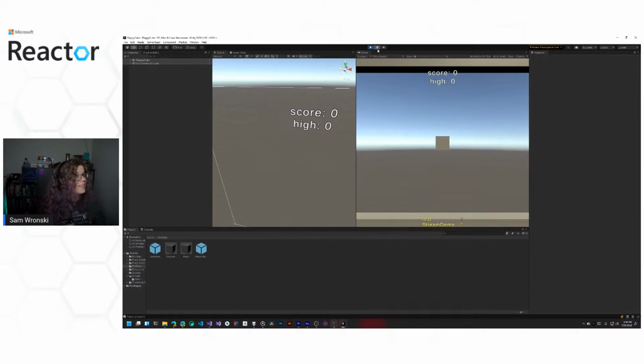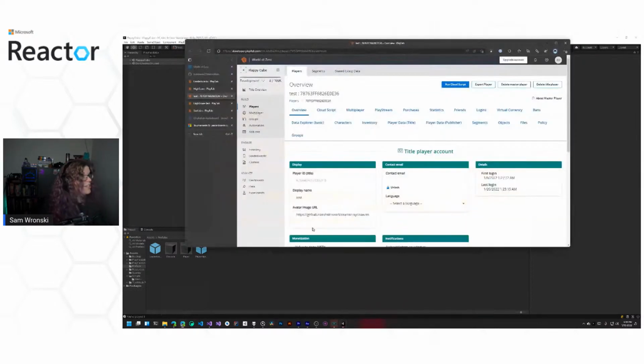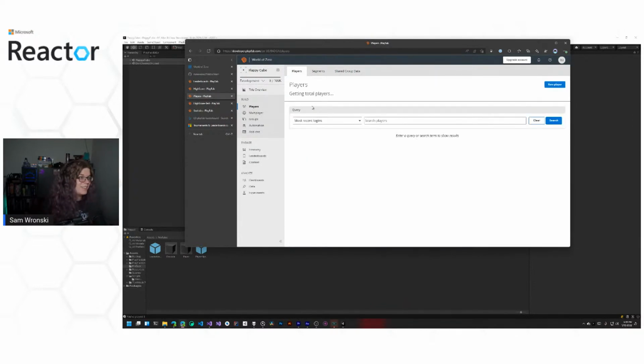So let's actually get a high score. So something useful. Perfect. We also had 0 there, but then I lost. So there we go. We have a high score of 1, which is not great, but it is a score. So we can actually go and check this player. What did I even call them? This is the problem with just creating a bunch of random users like this. We called it stream something.